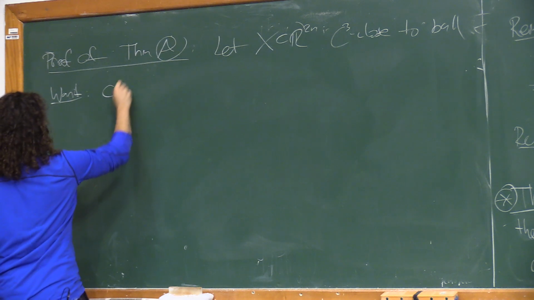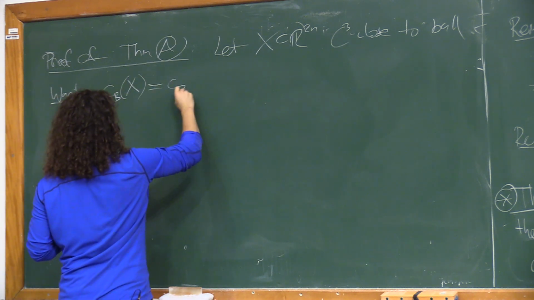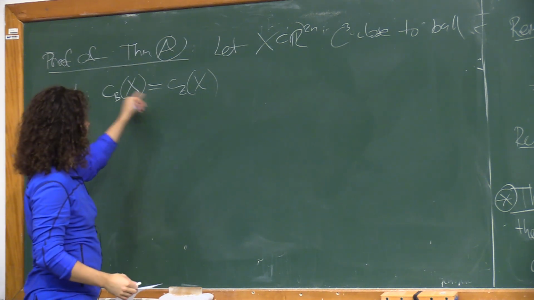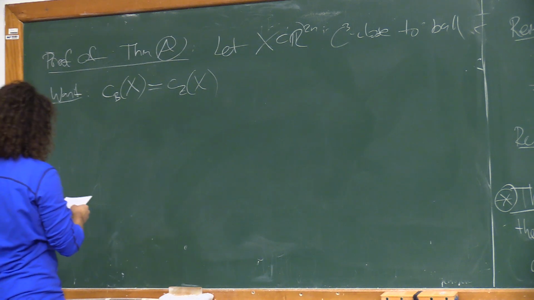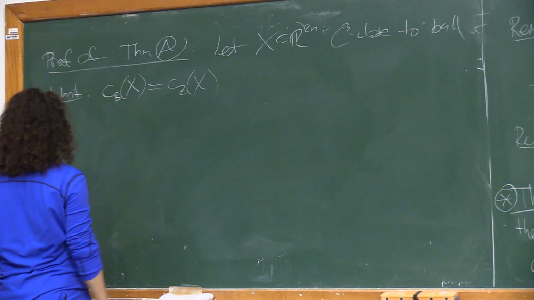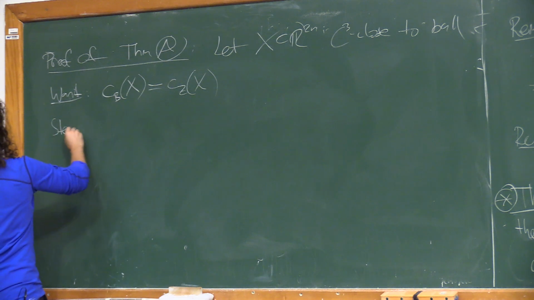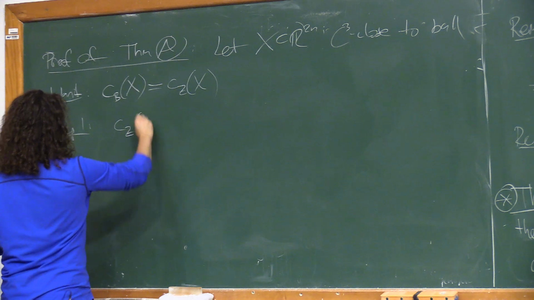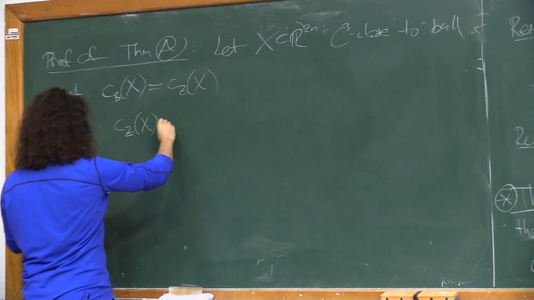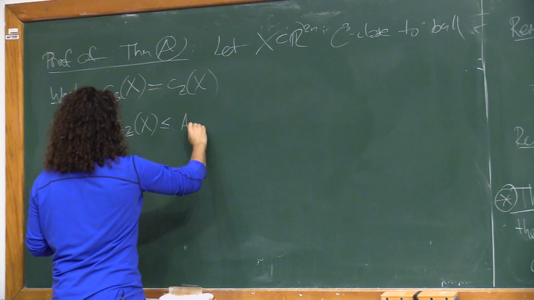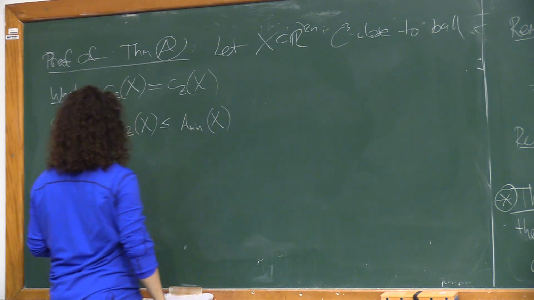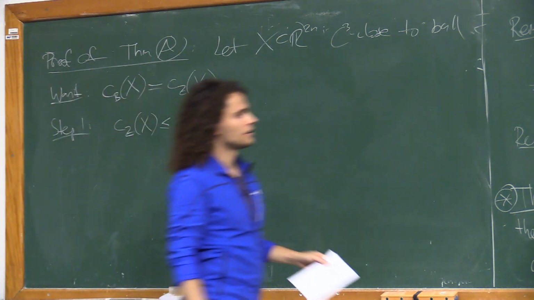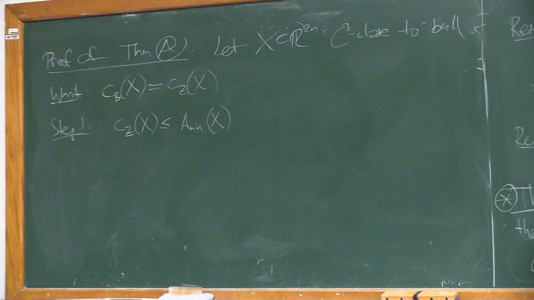to show is that the ball capacity of x actually agrees with the cylindrical capacity, and then because any other normalized capacity is squeezed between the two, we get the statement we want. And okay, there's kind of two steps to this equality. So the first step is the easier one, to show that the cylindrical capacity under these assumptions is actually less than or equal to the action of the systole of the Reeb flow on the boundary of x.